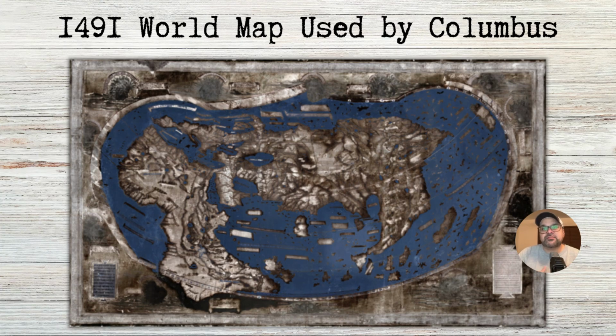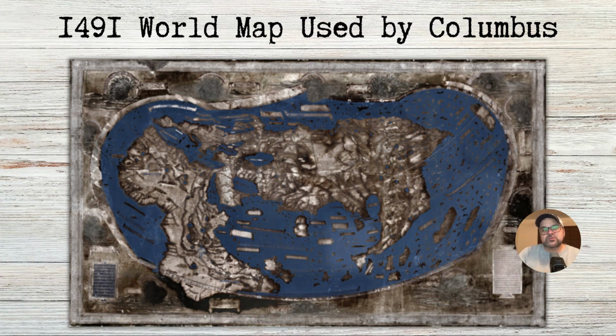The continent of Africa is there. You can sort of make out Europe in the upper left hand corner of that. You can make out, again, Africa and parts of Asia. But again, this would be the map, a very similar map, if not this map in particular, that would have been used by Columbus. Again, notice there's no Americas on there, right? So again, the assumption was to just sail west, and if you sail west far enough, you'll get to Asia, right?